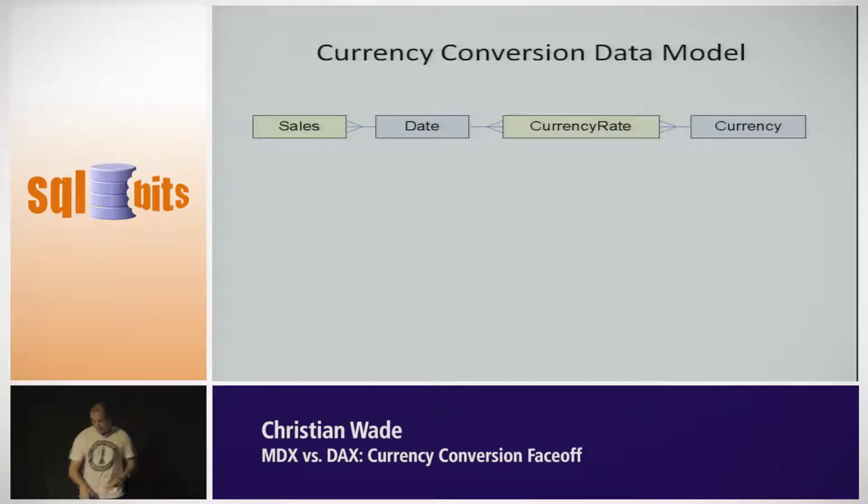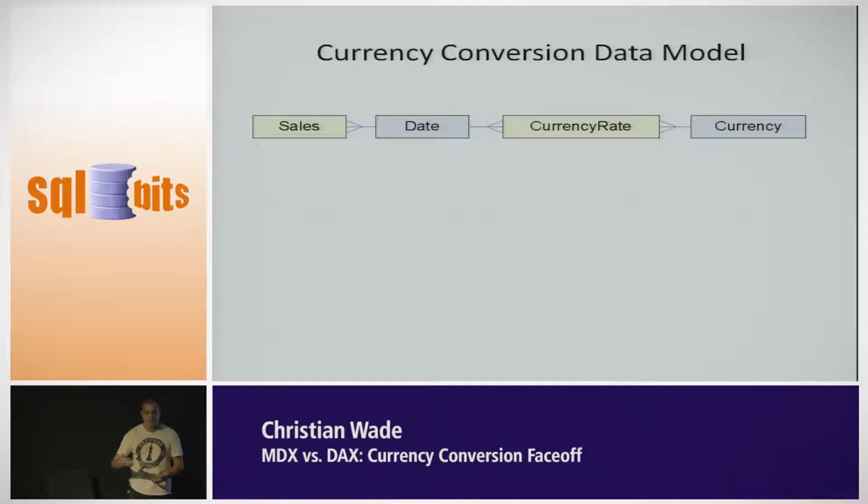So this is our model. We store our transactions in our single base currency, let's say US dollars. Each transaction is associated with a date. If we have a currency or exchange rate data set that goes down to, say, minute granularity, then we'd probably want a time dimension hanging off there as well. And then we would actually pick the exchange rate that was in effect at the time that each individual transaction took place, and we'd have a more accurate